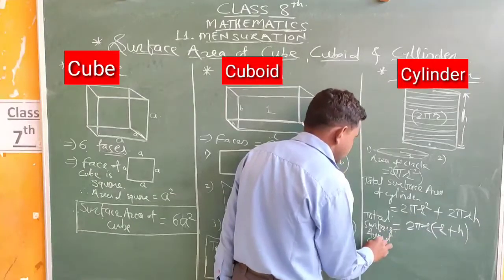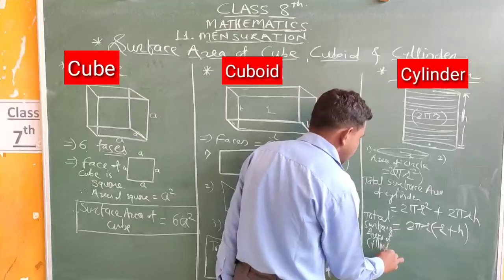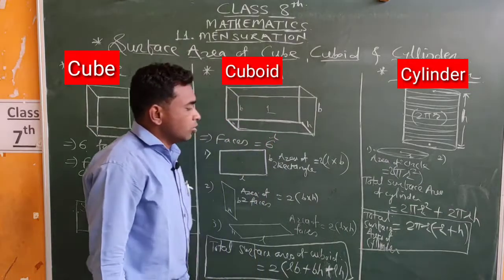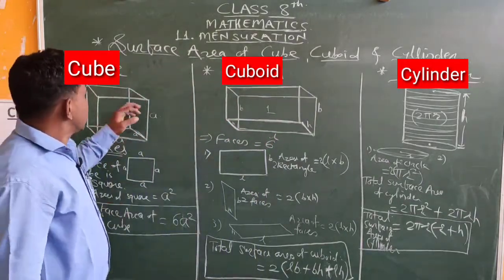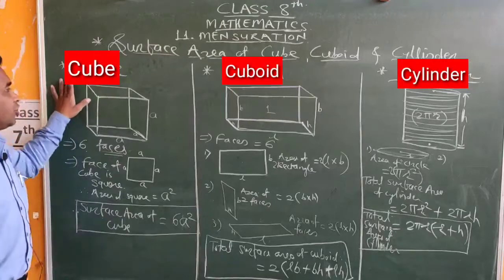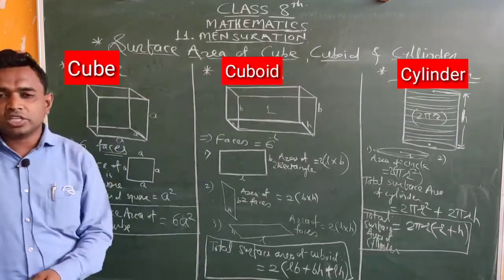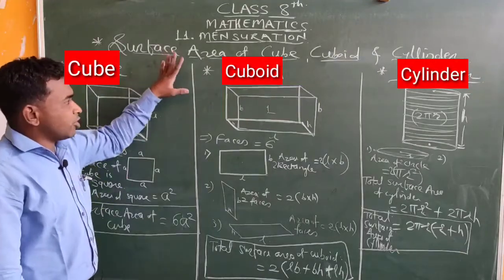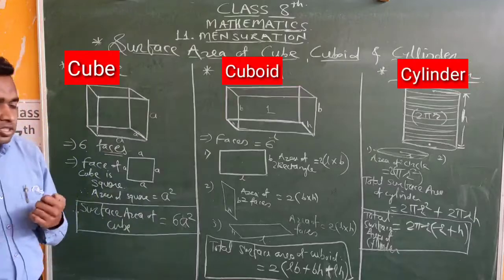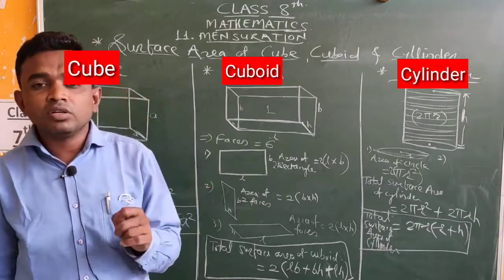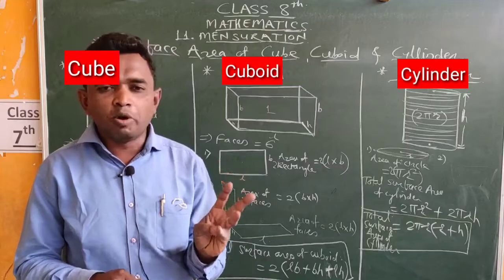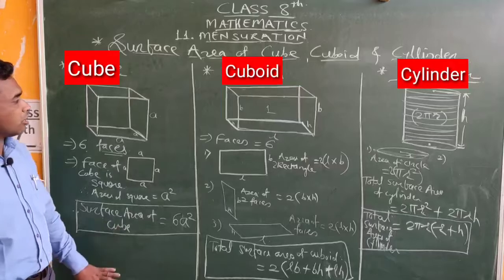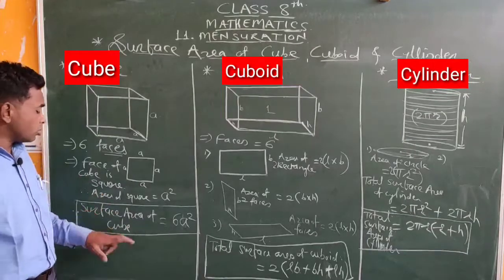of a cylinder, that is the total surface area of a cylinder. So this is our portion, means what we can find, surface area of the cuboid and the cylinder. Now the next exercise depends on this surface area of the cuboid and the cylinder, means in the next exercise we are going to find out the surface area of cuboids, also the cylinder. So this is the concept. To solve the next exercise, you must know the formulation of that.